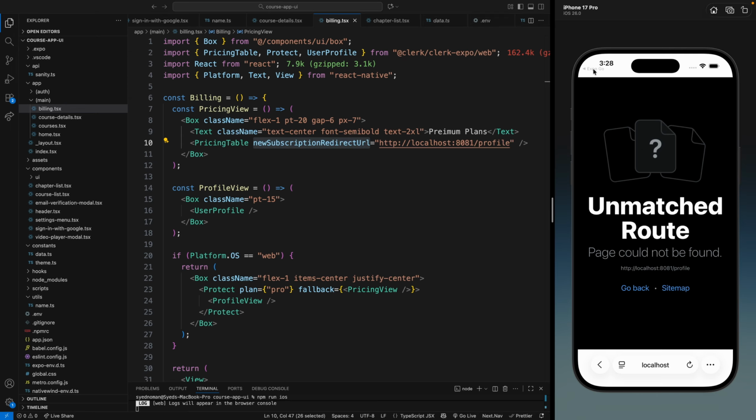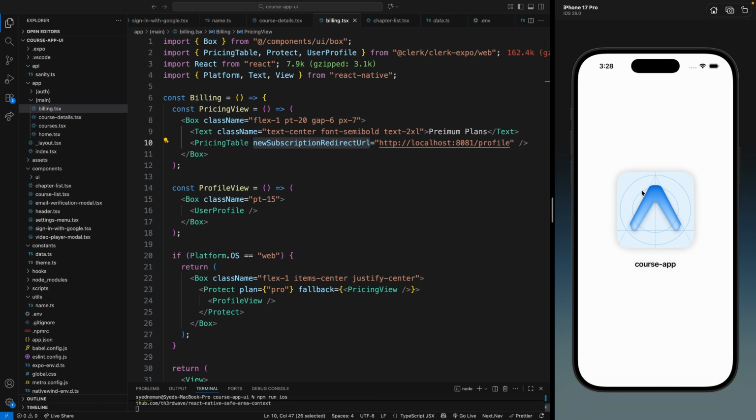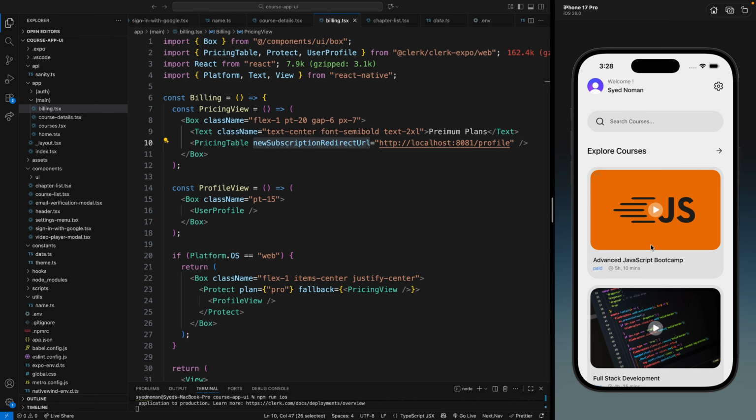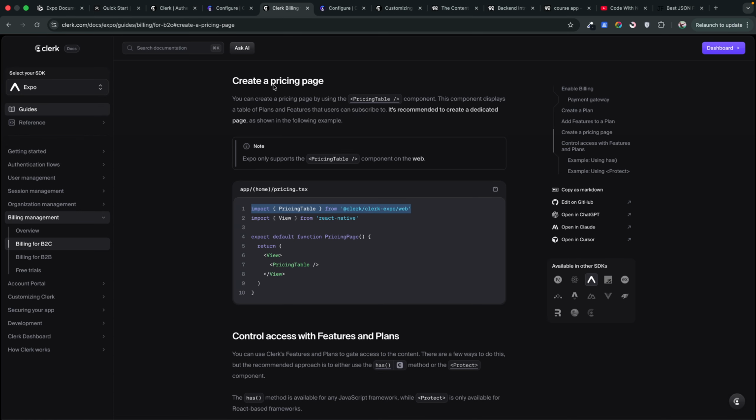Let's go back to the application, and let's just refresh the application. Okay, so here first we have the paid plan. If I go to this, now we are able to see all the content because now we are on a pro plan. So if I go to the Clerk dashboard,